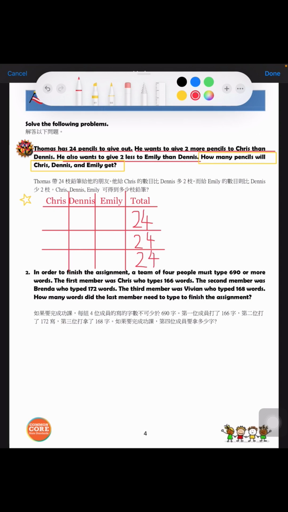From the question, among the 3 kids, Chris, Dennis, and Emily, who gets the least number of pencils? It should be Emily. And who got the most number of pencils? It should be Chris. So let's say if Emily got 5 pencils,